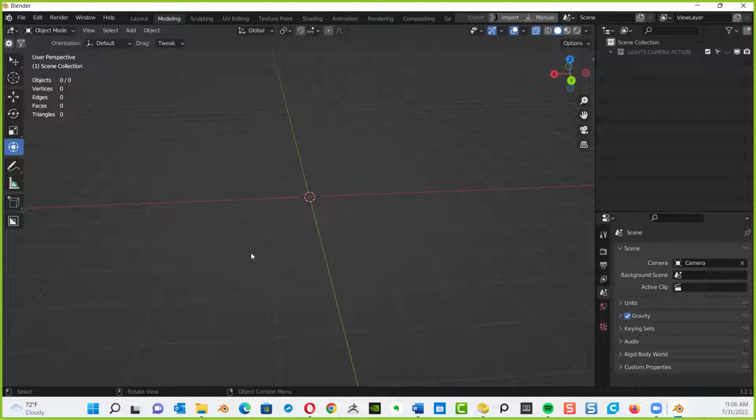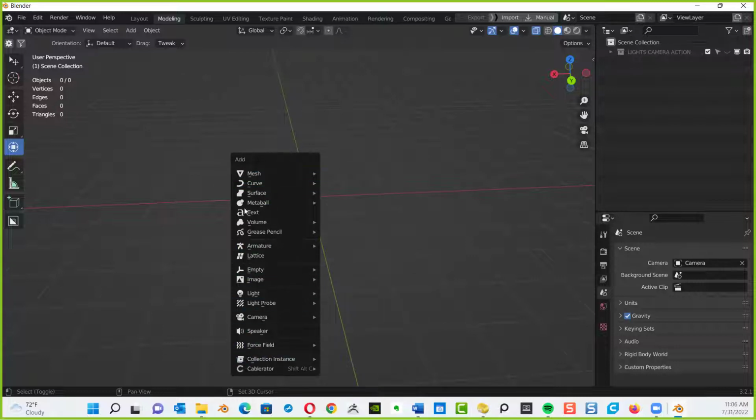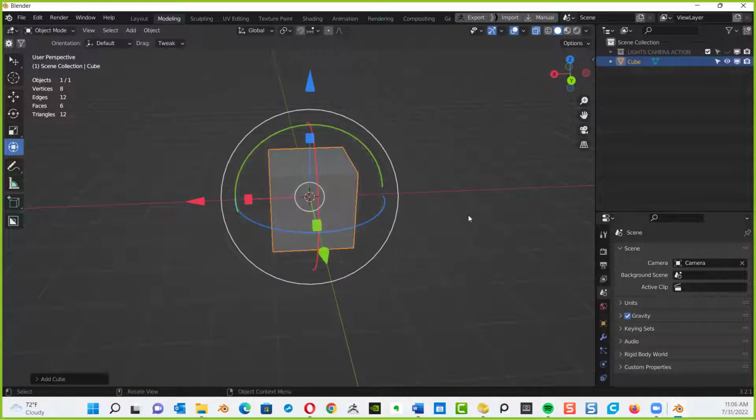This will probably be a good time to bring back in your cube. And the way you bring it back in, it's a shortcut you're going to use on a regular basis. Everything you do in Blender, you will not get past this shortcut. And that shortcut is Shift A for activating your 3D objects. Go to Mesh, hover over the mesh, and then hover over Cube, and then left click on Cube to bring the cube back. That's how we access all of our 3D objects. Shift A. You won't forget it because you're going to be using it religiously.